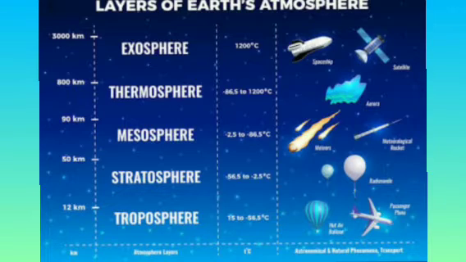Alright, after troposphere comes stratosphere, which extends to a height of 50 kilometers, and this layer is free from clouds and associated weather phenomena, and provides the best conditions for flying aeroplanes. This layer also contains a layer of ozone gas, which protects us from the harmful radiations of the sun. So after troposphere, the most important layer is stratosphere, which has a layer of ozone for protecting the